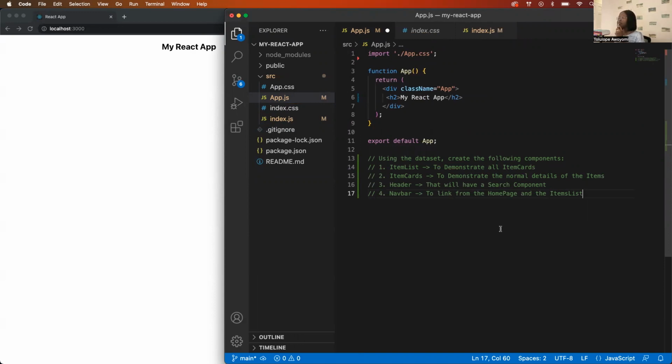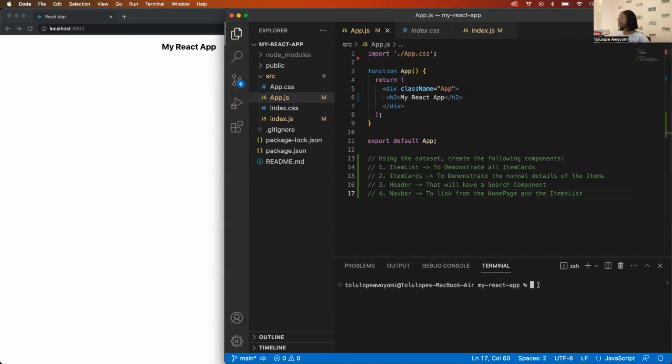Okay, so I will be having a mock data set to use, and I'm gonna install the package for the JSON server because I'll be using a db.json file. And the way to do this is I'll open my terminal here and install my JSON server by saying